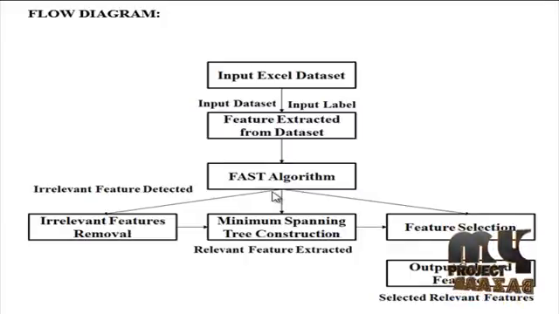To ensure the efficiency of FAST, the efficient minimum spanning tree clustering method is proposed. A minimum spanning tree is a spanning tree of a connected undirected graph. It connects all the vertices together with the minimal total weighting of its edges. Prim's algorithm, rather than building a subgraph one edge at a time, builds a tree one vertex at a time. Finally, the cluster formation is implemented based on the Sugeno fuzzy model, where A and B are fuzzy